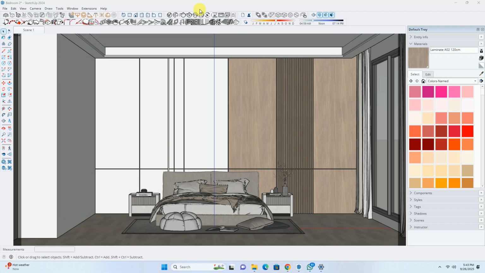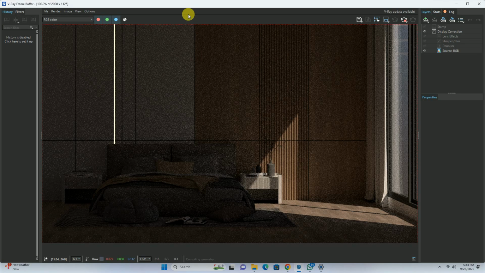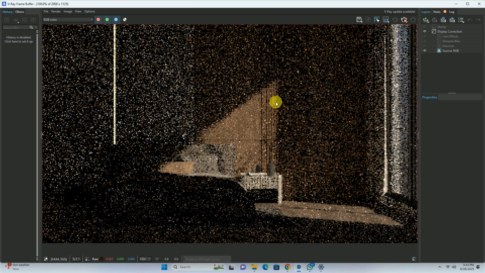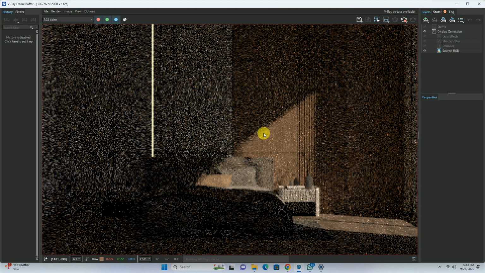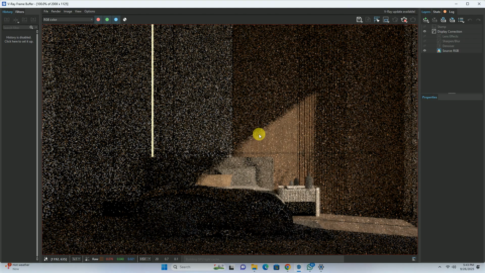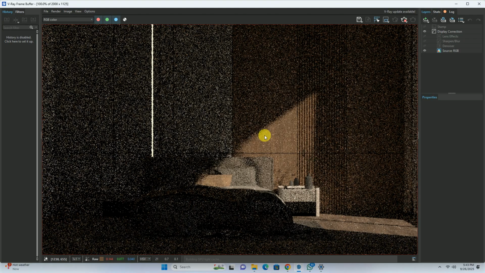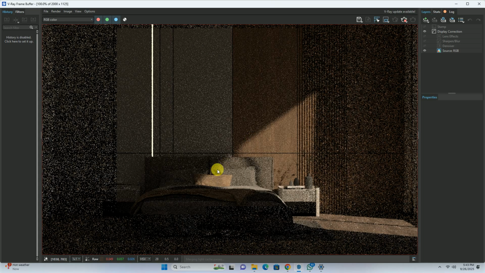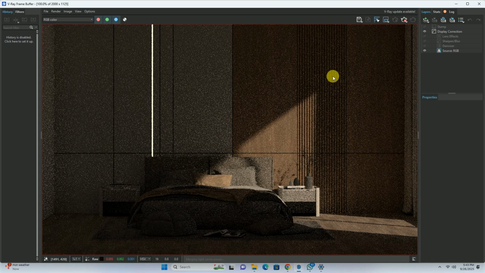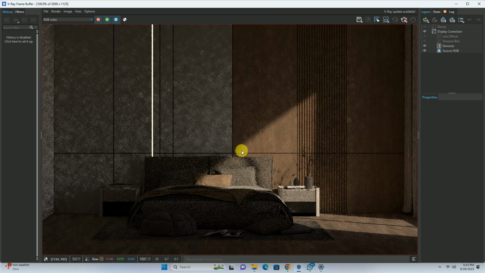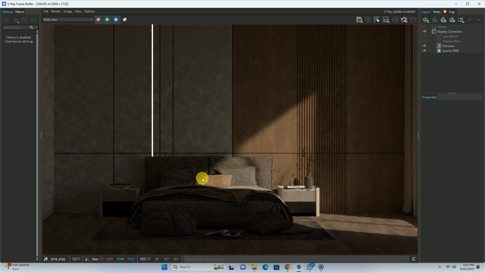Now, if I click on this interactive render, see this shadow effect, we are getting a scattered sunlight shadow. This is some realistic texture that we can get from V-Ray. These are the scattered shadow effects, because when we see a shadow, it is not formed from a single source of light.